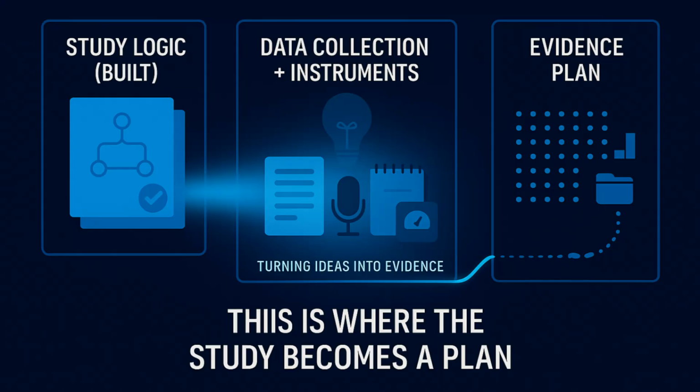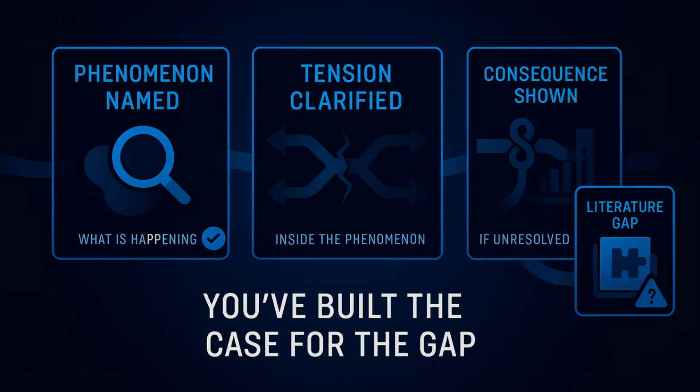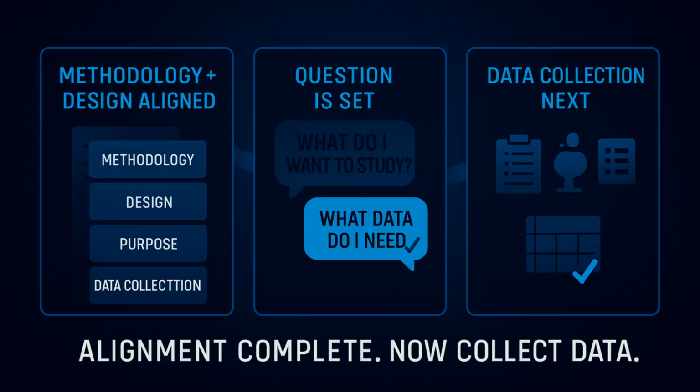Data collection and instruments come at the point where your study stops being an idea and becomes a plan for evidence. By the time you reach this step, you have already built the logic of the study. You have named the phenomenon, clarified the tension inside it, explained the consequence of leaving that tension unresolved, and identified the literature gap that shows what the field still does not know. You have selected a methodology, chosen a design, written a purpose statement, and written research questions that match the methodology